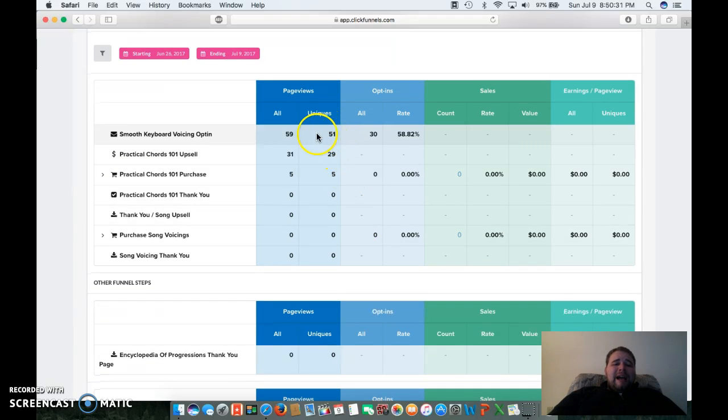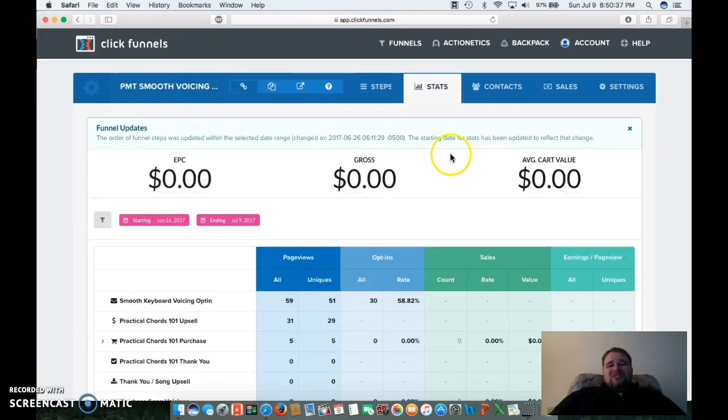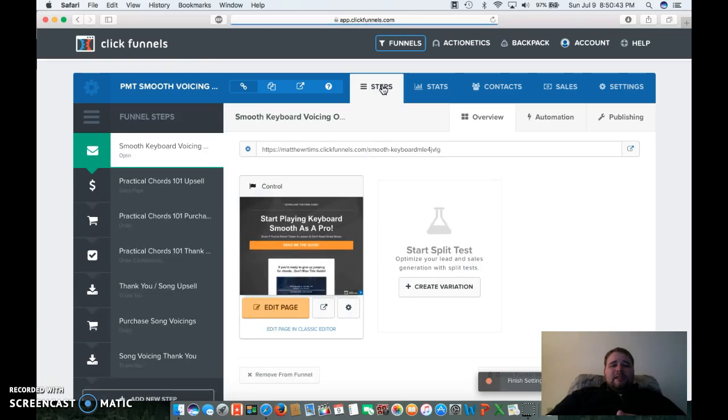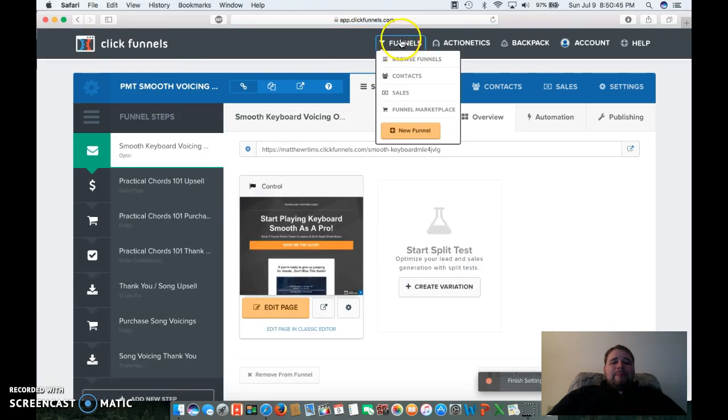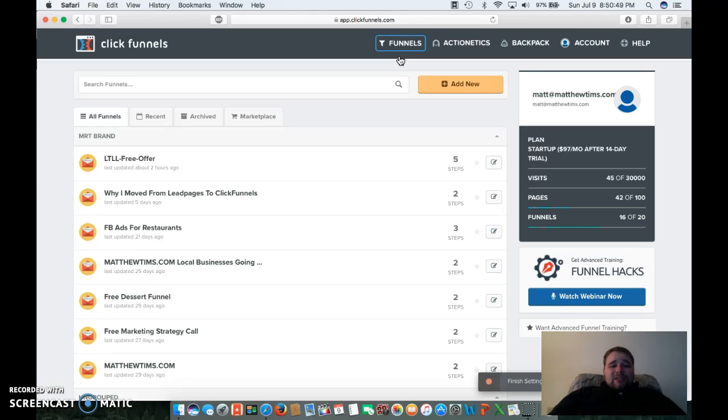You can see how one step is affecting the next step of the funnel. You can see all the stats. You can see all the sales integrated in there. You can see the contacts that come through. It's way convenient. And the last thing that I absolutely have grown to love about ClickFunnels is all of the